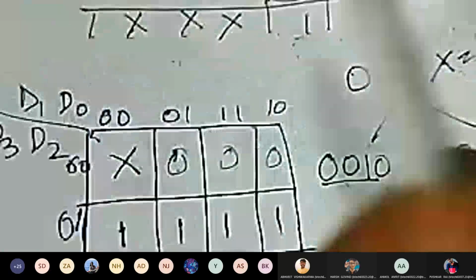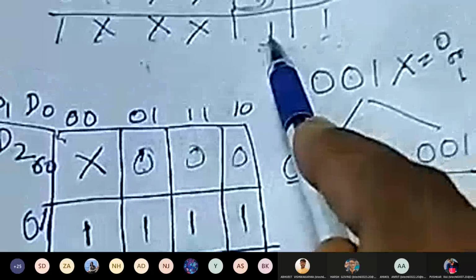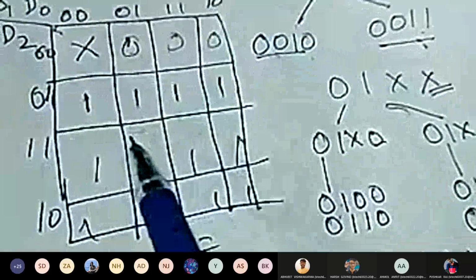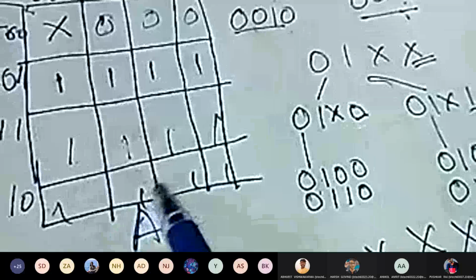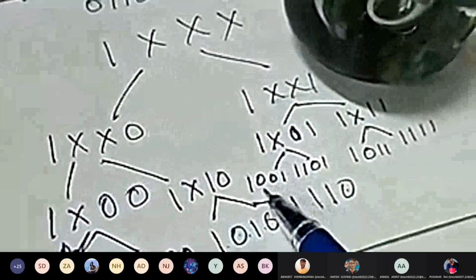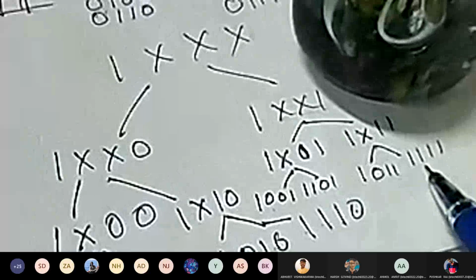So what you are going to write in all those parts? You will write 1 1 1 1 1 1 1 1, because you can see from here 1 x x x, A is 1, output is 1. So all these parts we are writing 1. See 1 2 3 4 5 6 7 8. All the 8 values we have got.